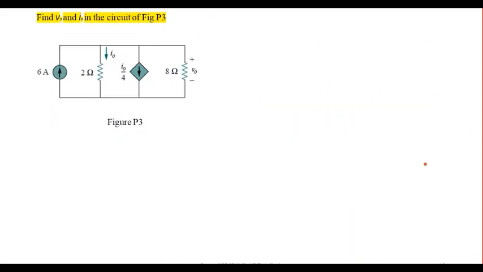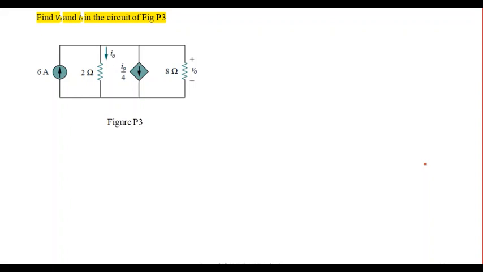So next, on a similar basis, we have a very tricky problem here. I am just giving it as a practice problem. So here again you find that there are two current sources. So you can go for the application of KCL and you can find V naught and I naught. I'm not saying that you should use only KCL. Even you can find through KVL also, but just try it from your end. Okay. So this is the third problem you need to approach based on KVL and KCL.